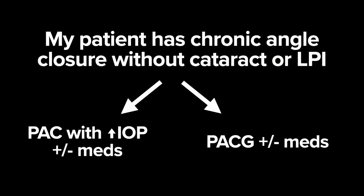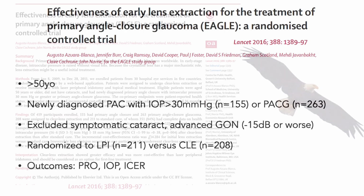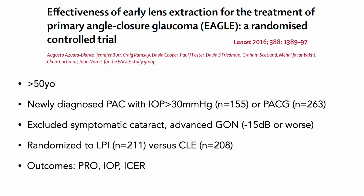So what about patients now? Let's switch around a bit more and talk about even earlier. Patient who has chronic angle closure without a cataract or LPI. They may be primary angle closure with elevated pressure with or without medications, or primary angle closure glaucoma with or without medications. Well, this basically defines a population of the EAGLE study, a well-designed study comparing early lensectomy versus LPI